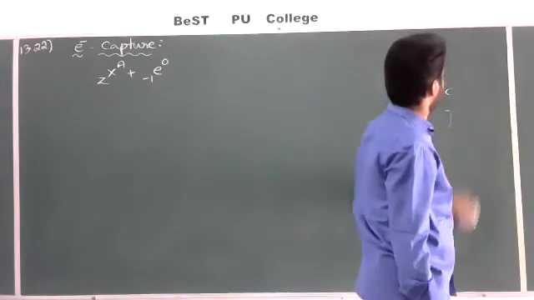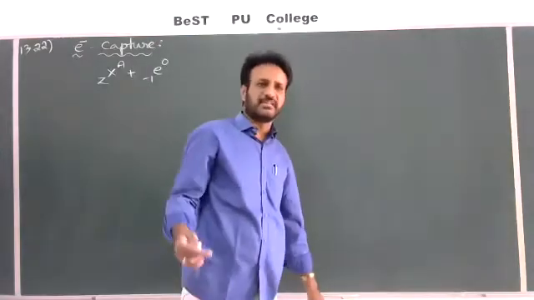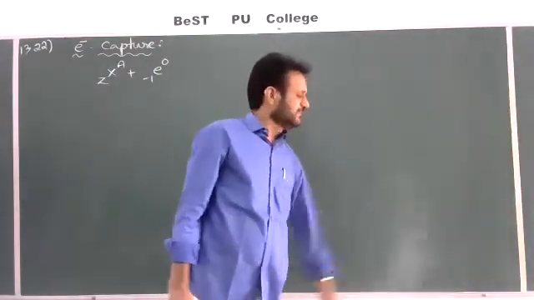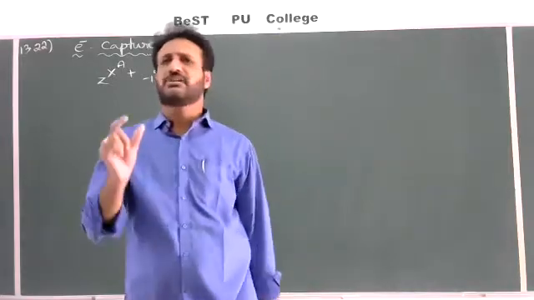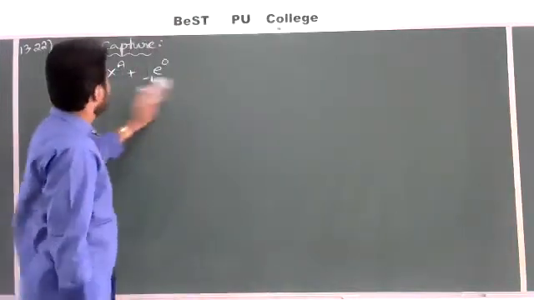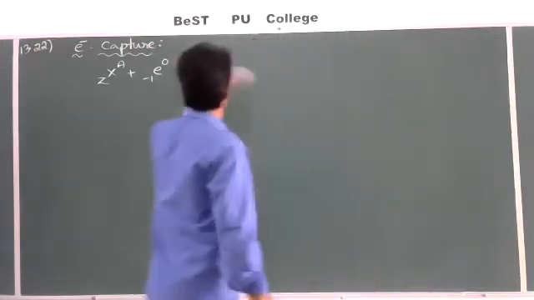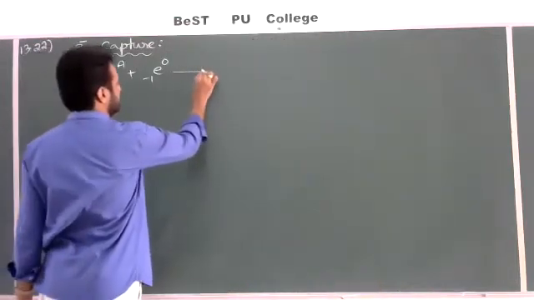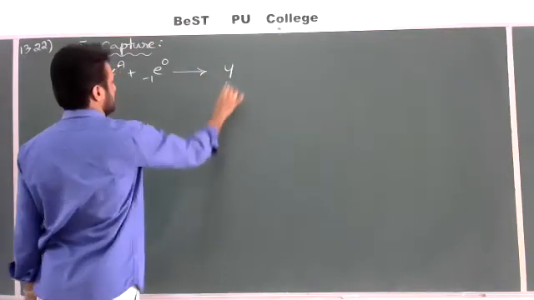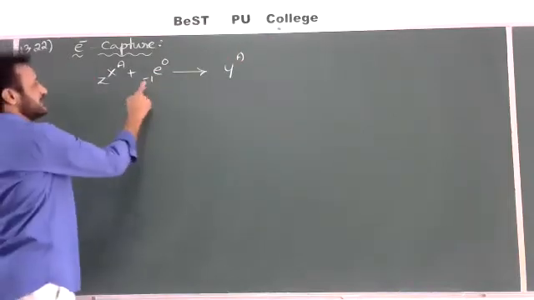If you take the nucleus, around the nucleus there are a number of orbits or shells like K, L, M, N and so on. So electron capture means the electron in the innermost orbit of the atom, that is in the K shell, is captured by the nucleus. That is only called electron capture. So here XZA is the given element or given nucleus. It absorbs one electron, which is also called a beta minus particle. Then you should write here: it becomes Y. Mass number remains the same, here A plus 0 is equal to the same. You should write A, and Z minus 1 you should write here.